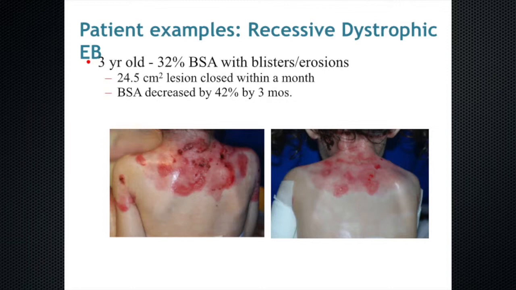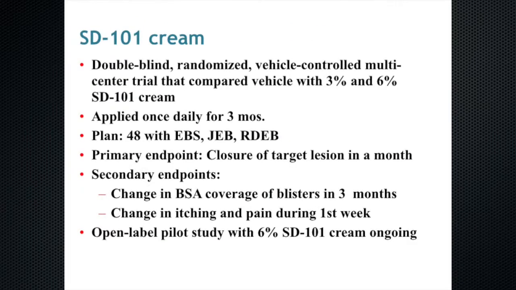So that was very encouraging, and that has led to the study that you heard about, the first double-blind randomized vehicle control multi-center trial. This compared vehicle with 2 different concentrations, 3% and 6%, applied once daily for a 3-month period, and that was in just short of 50 kids who started that with the primary endpoint, closure in a month, and some secondary endpoints that we were very interested in, not just the body surface area coverage over the 3-month period, but very importantly, whether there was a change in the quality of life, a change in the